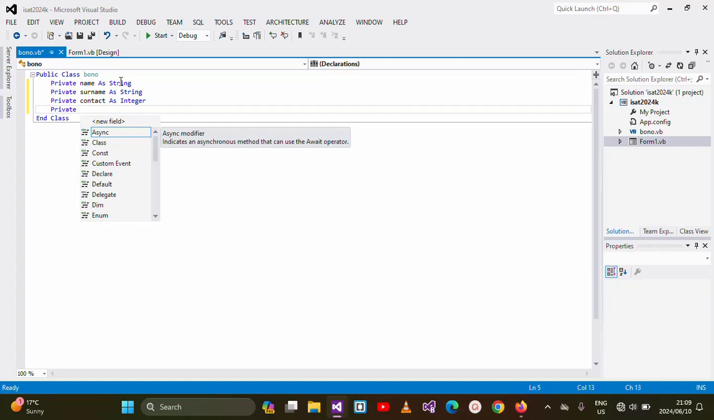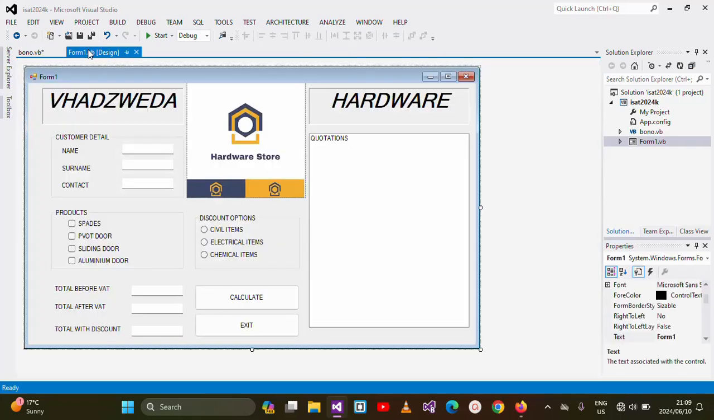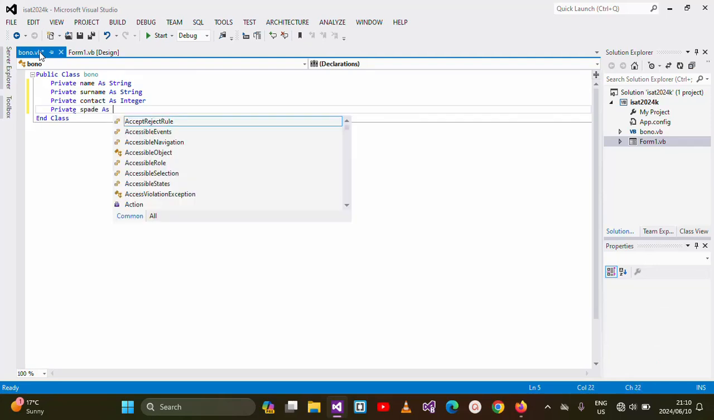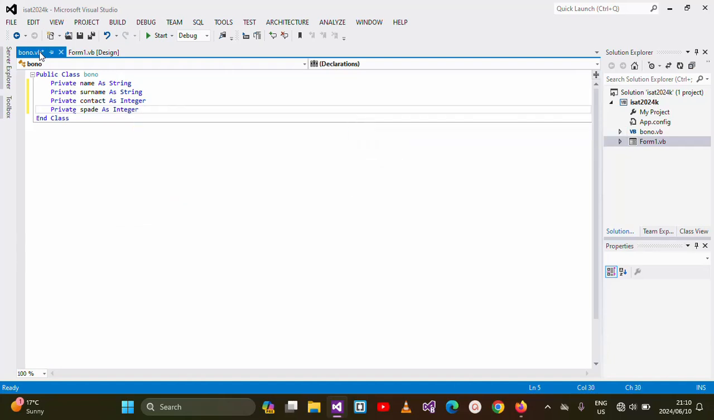What was it again? We said those doors, it's a sliding door, pivot door, and what? I'm growing old myself. If I can't remember, let me check. Okay, spade, pivot door, sliding door, and aluminum door. Okay, let's go. Private spade as integer,